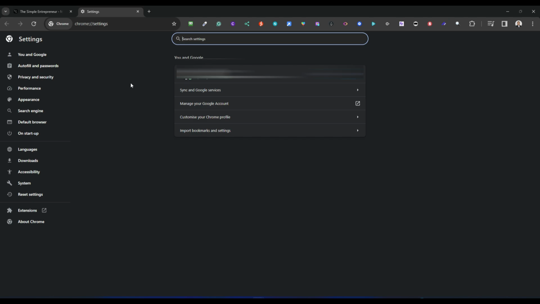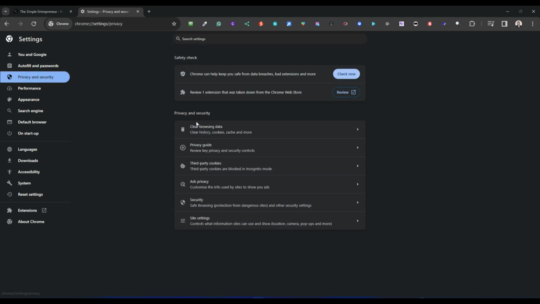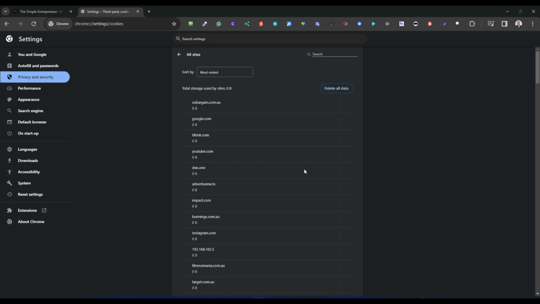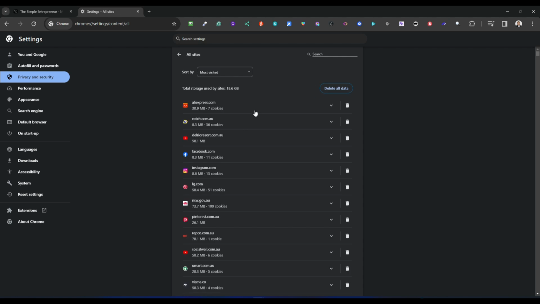So you've got to go to the settings here, go to privacy and security, then go to third-party cookies. Then you've got to go to see all site data and permissions. You can click on delete all data, but that means it will delete all the cookies from the different websites you have visited. So in order to delete one specific cookie for a website, you can go to here, search,